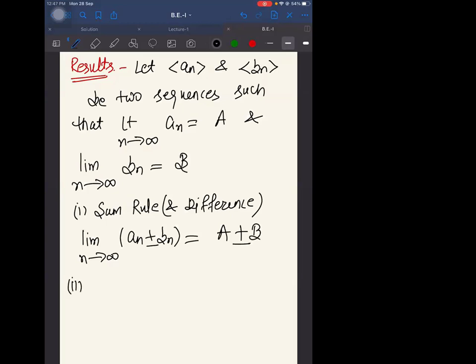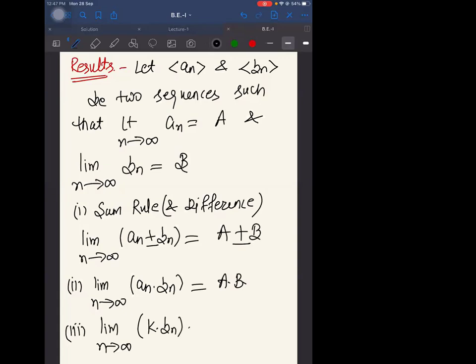The second was the product rule. So limit n tends to infinity, an times bn will be a times b. It doesn't matter if you take some constant number over there. Let's say multiplied by k, k times bn, so it will come out to be k times a b. And the last one is the quotient rule, that limit n tends to infinity, an upon bn